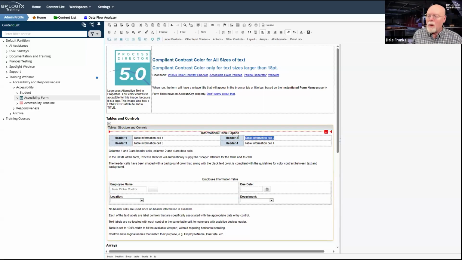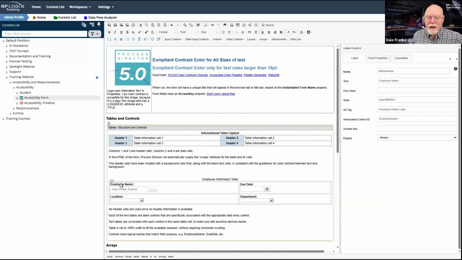What assistive devices look for is for the label to be co-located at the same spot as the form control that they are bound to. So, to make assistive devices work correctly, you can't use this sort of paradigm for form design.